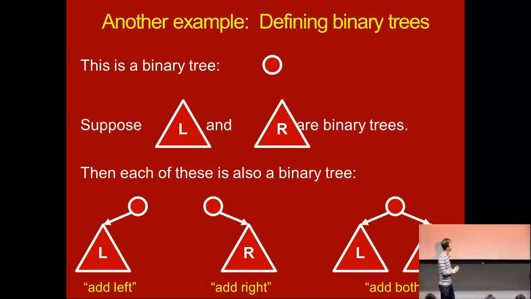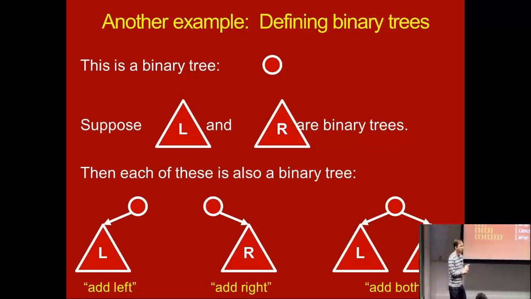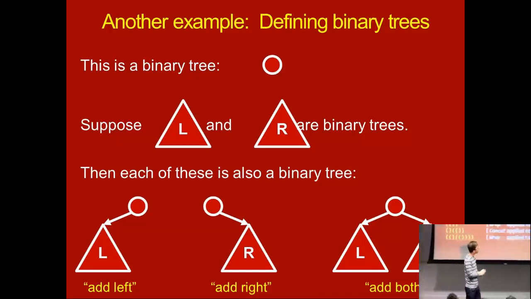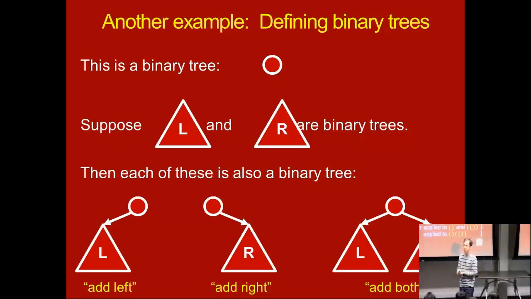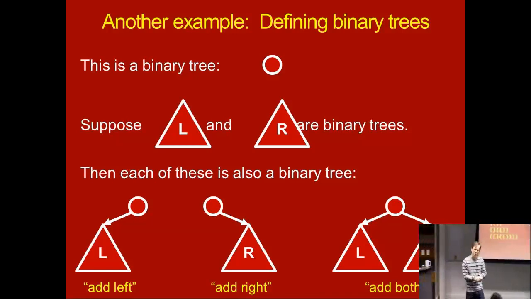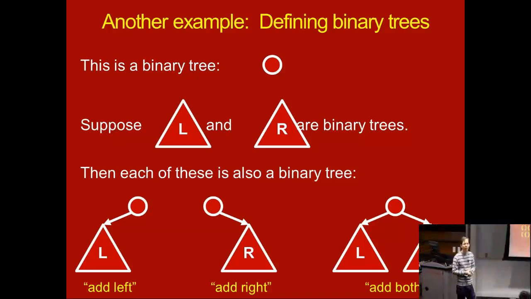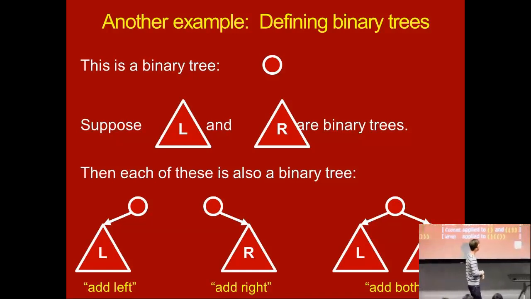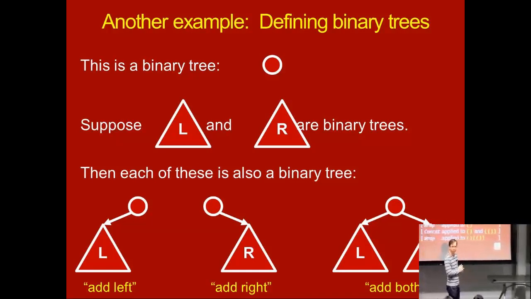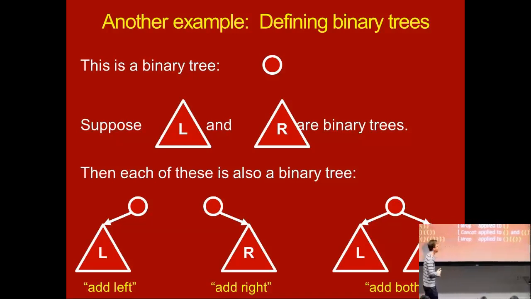Actually, wait, before I go to this example, we'll come back to this point later, but can somebody suggest what kinds of strings you can get from this deductive system? Yeah? Any valid sequence of parentheses? Yeah, the suggestion was any valid sequence of parentheses. What exactly do you mean valid, roughly? Every open has a corresponding close. Yeah, you would think every open has a corresponding close. They should be properly balanced. It's not super clear, but we'll talk about it later. That's in fact true. Anyway, we'll come back to that later.